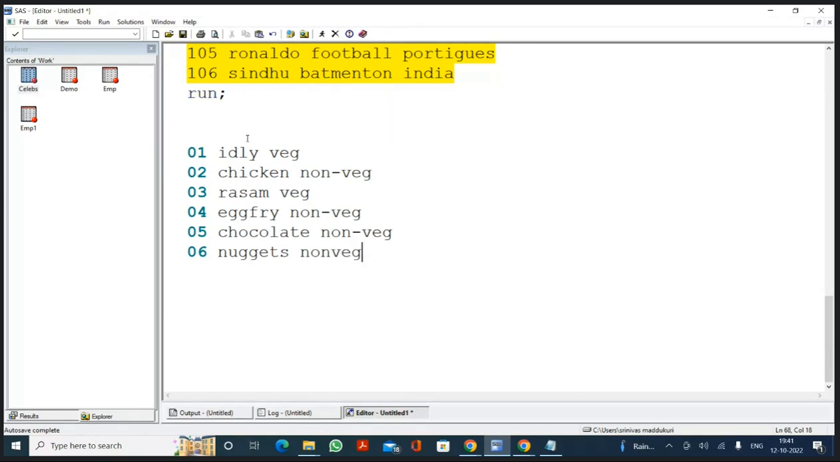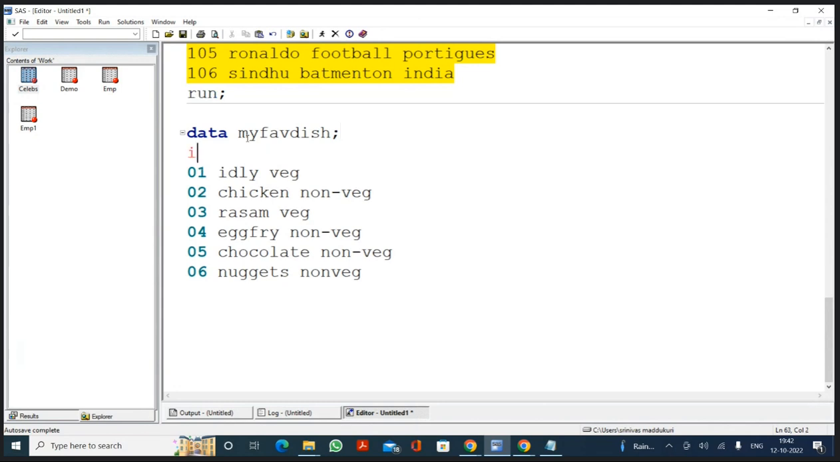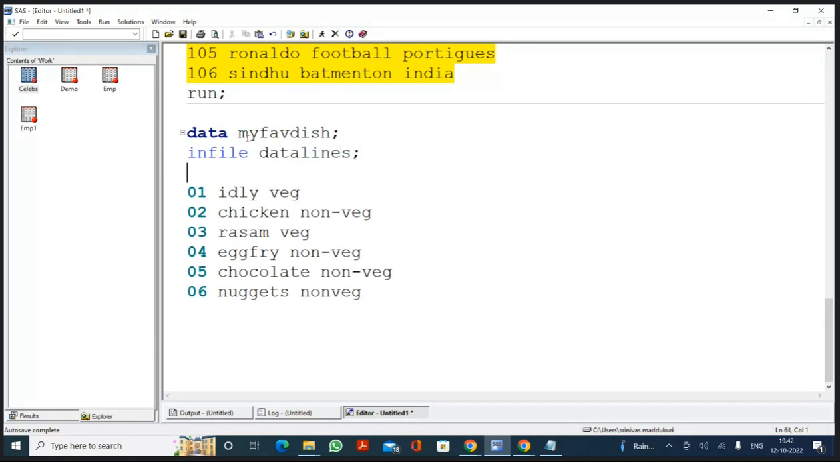Okay. Now I want to create a data set called my favorite dish. Tell me how we will write the program now. Data, data set, my favorite dish, semicolon. Infile, datalines, very good, semicolon. Otherwise, instead of datalines, what can you write? Cards. Very good, cards. Input,